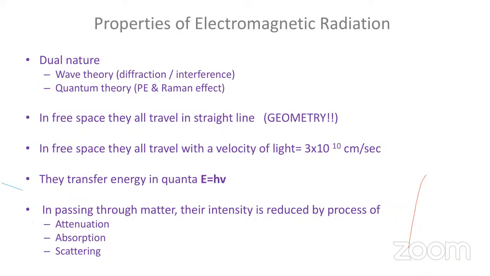All the electromagnetic radiation in this universe, in free space, travels in a straight line. That's why, when we are talking about this, we have to just think of geometry. A lot of things would be explained by that. And in free space, they travel with the velocity of light, which is 3 into 10 to the power 10